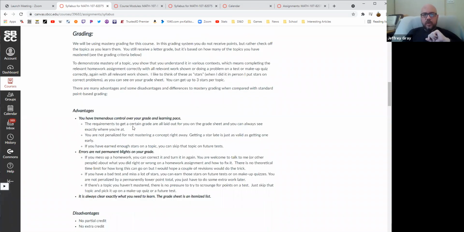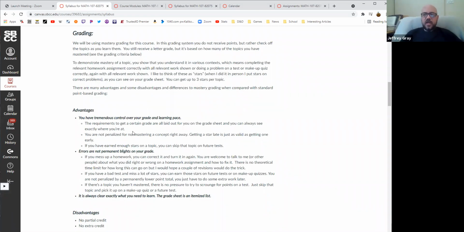So grading is the thing I really want to talk about. I'm going to be doing what's called mastery grading in this class. And in mastery grading, there's no points. You don't get points for assignments. You don't get points on tests. What you get is a list of topics that you need to demonstrate mastery of. And once you do, you're good on that topic. This takes a little bit of adjusting when you're getting used to it. In the past, my students have, in general, very much liked this. We'll see that. I'll explain it in just a second, but I want to show you what the grade sheet looks like first.